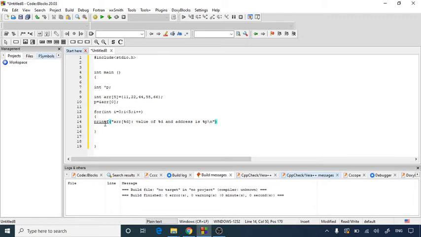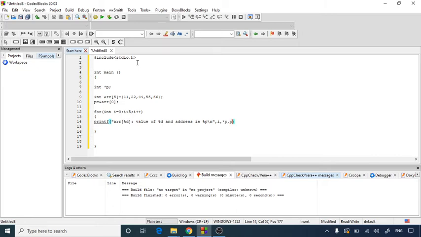Then complete this with a colon, and then we give i, *p and p. So in all, printf will take these values: *p and simple p are nothing but the value of the array element and the address of the array element.